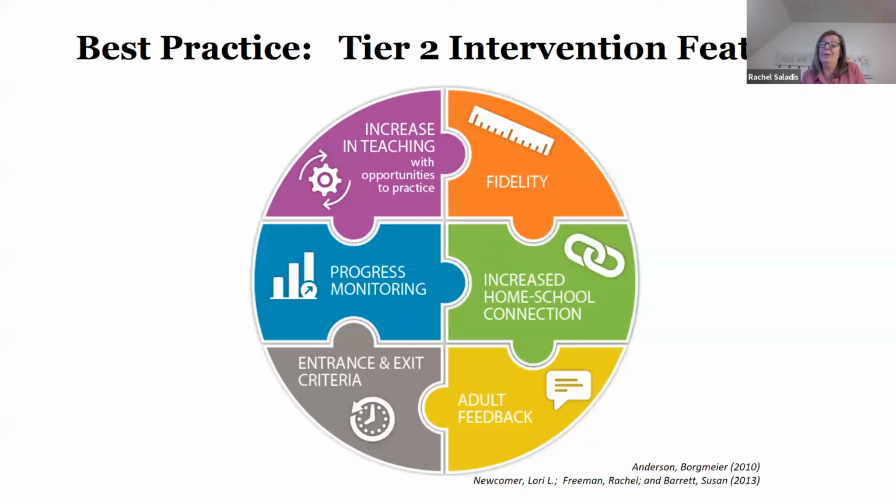Now, what's so awesome about this is that tier 2 connects with what you already have in place at tier 1, right? It builds off of the firm foundational systems, the practices, and the data that your school is using to implement at tier 1. And it gets even better because tier 3 supports build upon both those 6 features of tier 2 and the core features of tier 1, with an increase in intensity, an increase in frequency, and also with some additional individualization.